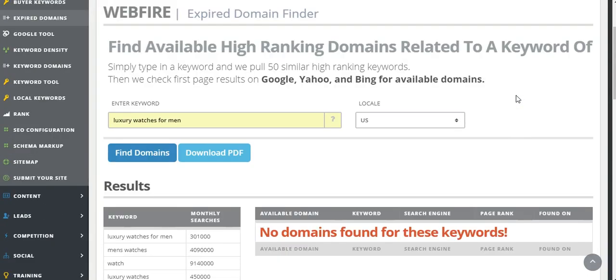Says these keywords, but I think you can actually also here you can enter one keyword. I thought you might have been able to enter multiple keywords with a comma, but on this occasion it didn't work in the sense, well, it did work, but there were no domains that